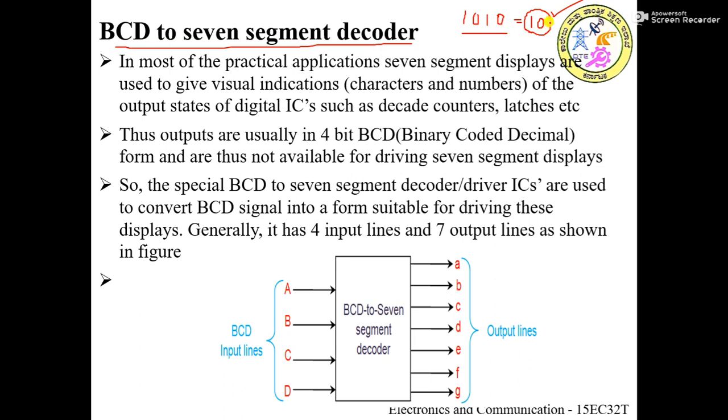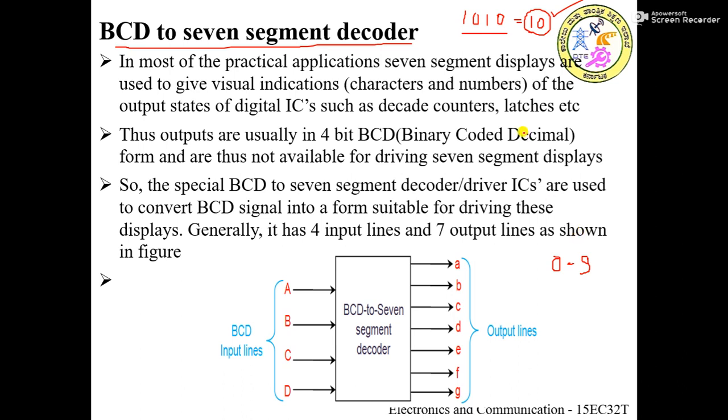So to display these numbers, let's say you are doing a counter operation, it may be counting the sequence from 0 to 9. So if the outputs are represented with the numbers 0 to 9, he can easily get to know the output. So there is no need of converting the binary number system into decimal number system in his mind. Easily one can get to know what the output is by seeing the digital trainer kit.